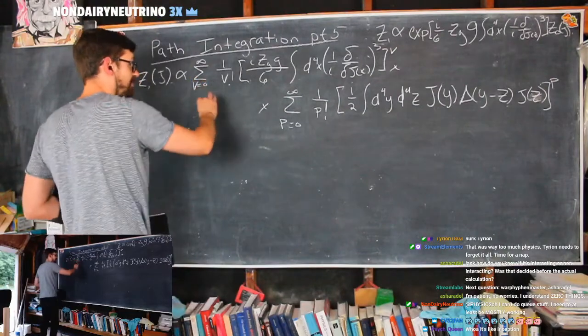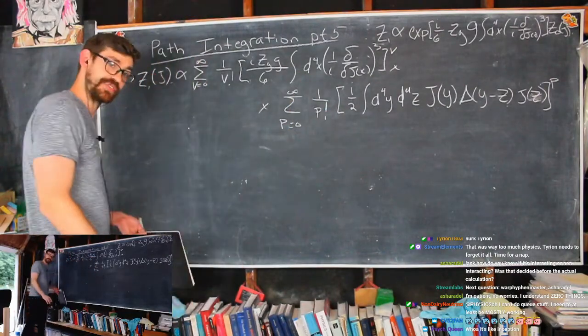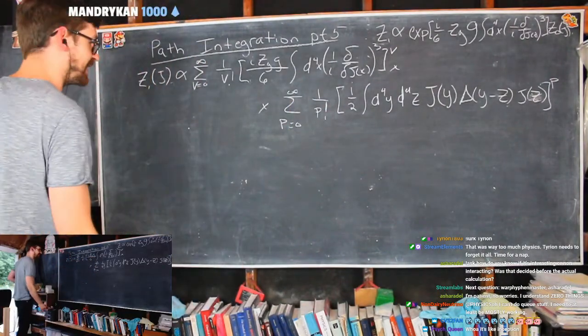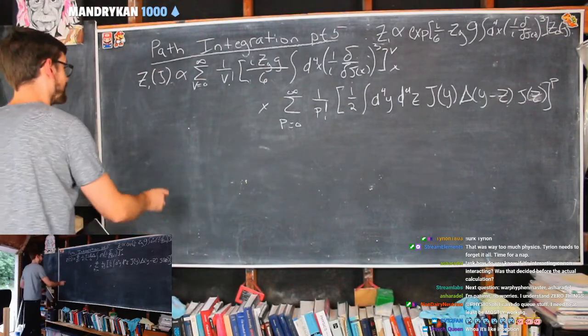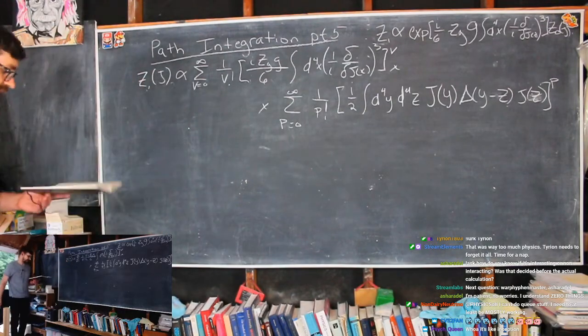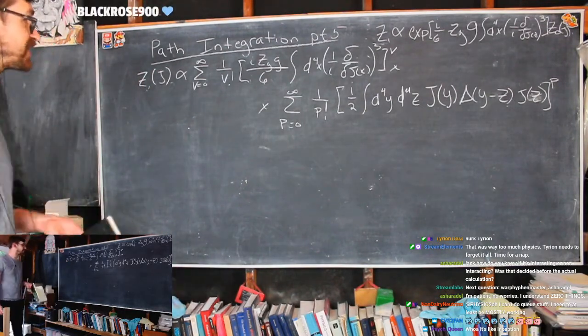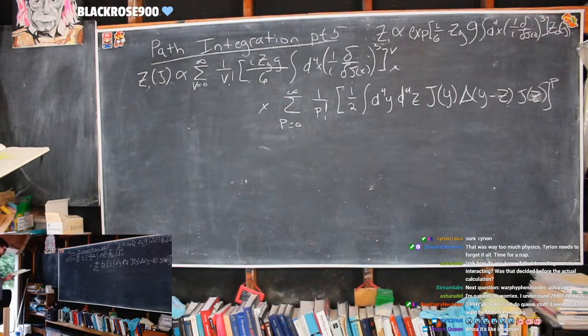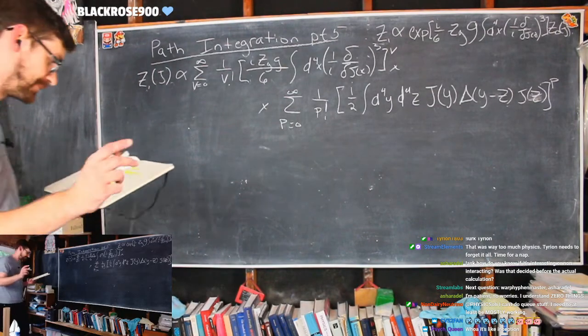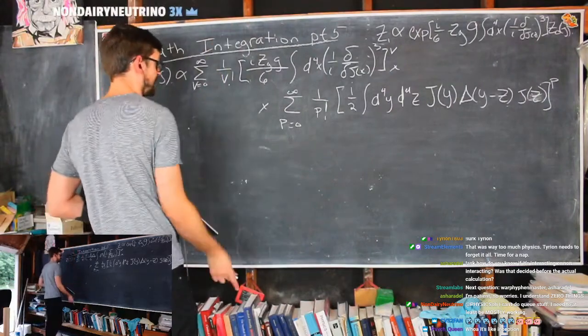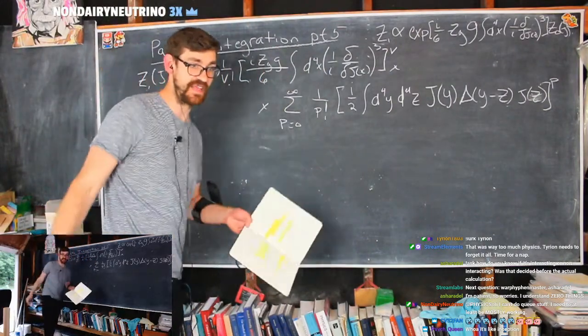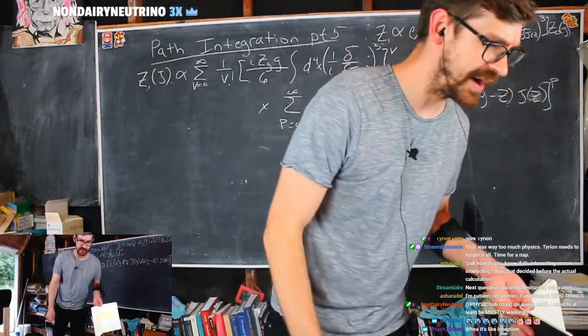This whole sum times this whole sum is going to be what we get for this one expansion. Now, how does that help us? Well, we just have some infinite series times some infinite series, and that's supposed to tell us something about